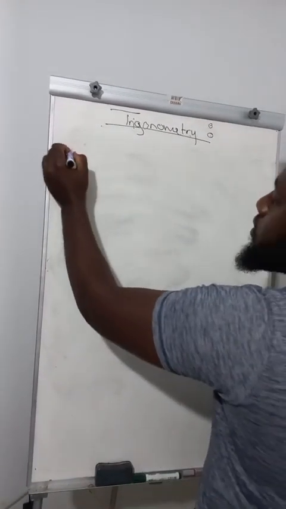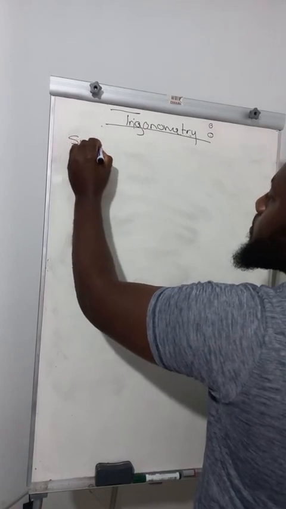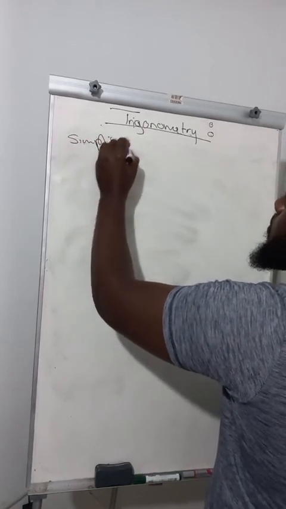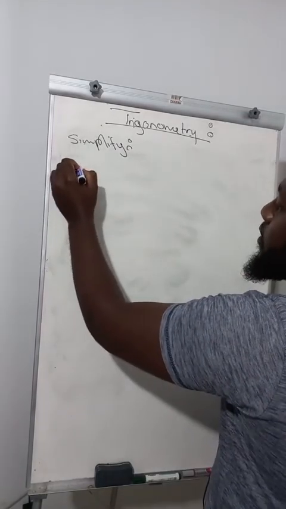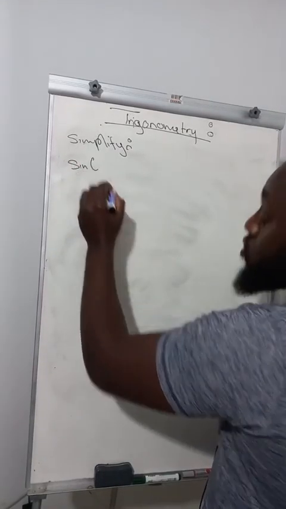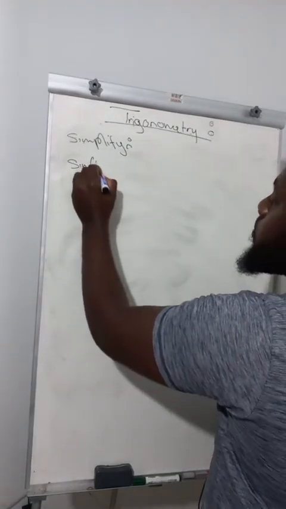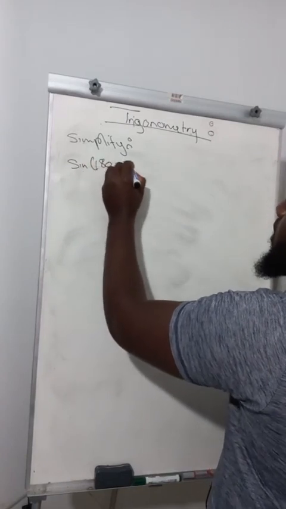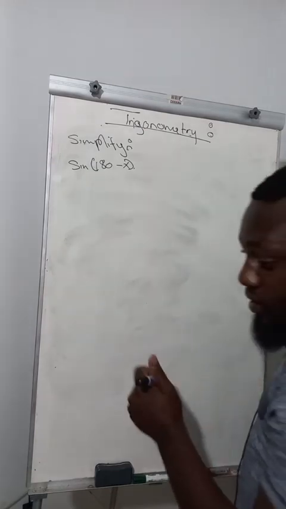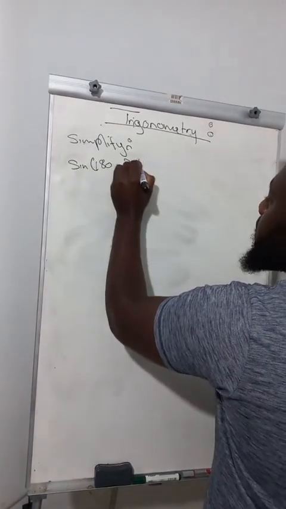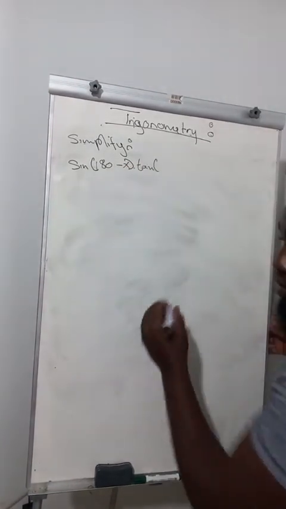They say simplify. So now, simplifying, they say you have sine of 180 minus x, and then multiplied by tan of